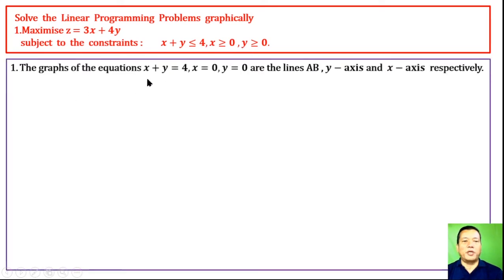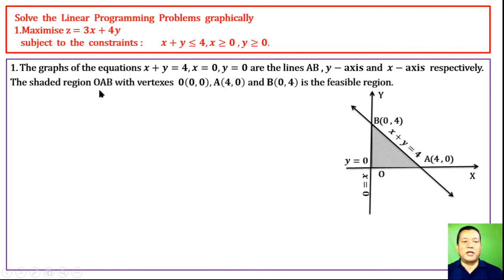The graphs of the equations, ahanba inequality asigi corresponding equation x plus y equal to 4 ni, ani subagina x equal to 0 ni, ahum subagina y equal to 0 ni, are the lines. Ahanbagi sidi maming anauba ama tholani. Ab x equal to 0 ki graph t y axis ni, y equal to 0 ki graph t x axis respectively. The shaded region OAB haribashina line adubani 4 laga 40 da